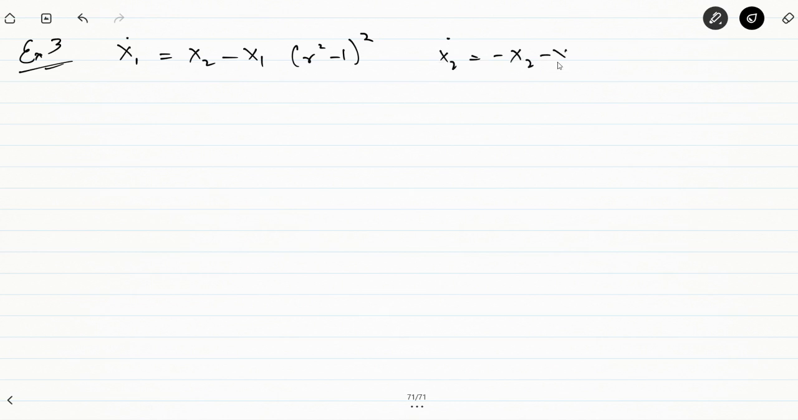Example number 3, you have x1 dot, sorry, is equal to x2 minus x1 times (r square minus 1) square. Just like the first example, x2 dot is equal to minus x1 minus x2 times (r square minus 1) square. Fine. यहाँ पे खाली आपका ये एडिशनल स्क्वायर है, ठीक है. So in the first example what we saw,